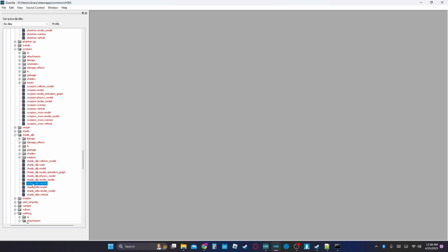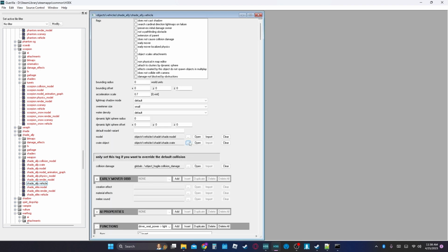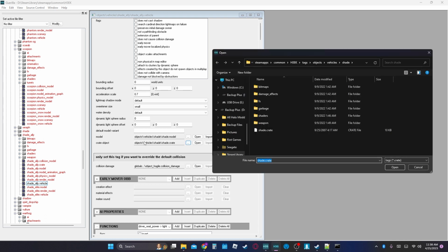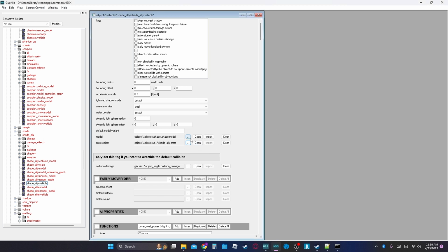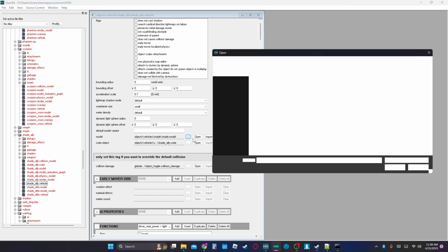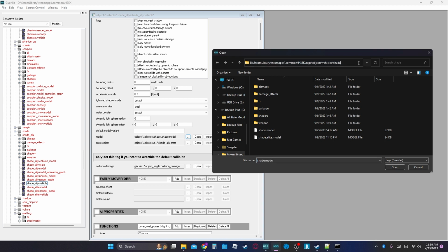So we're going to start off with the vehicle. Right off the bat, we're going to want to make sure the crate object and the model object go back to normal. So the easier way to do this is if we come up here, and at the very end, we already still have the _ally pasted. So we can do that, and then do it like that to make things so much easier. So again, just like that, shade ally,